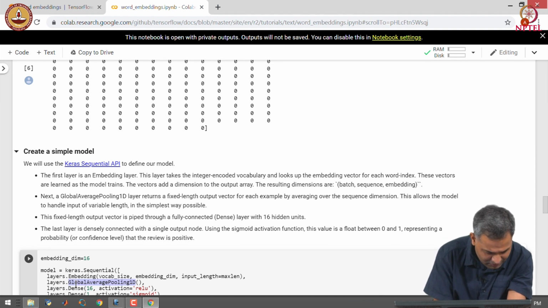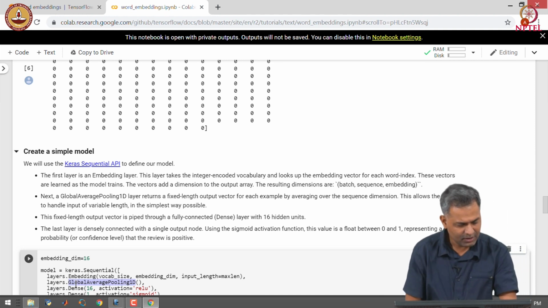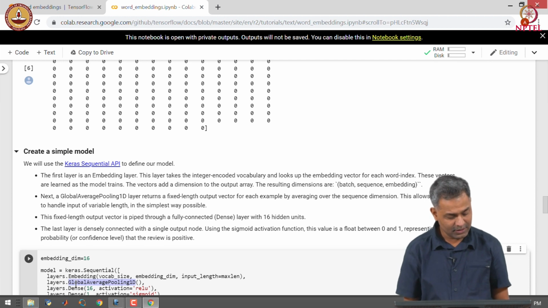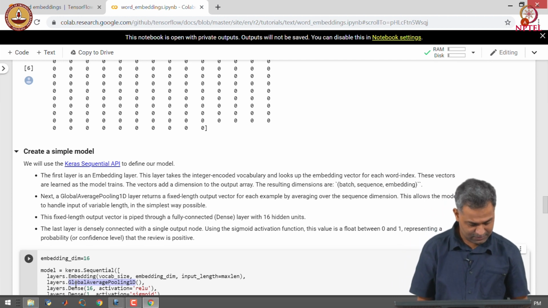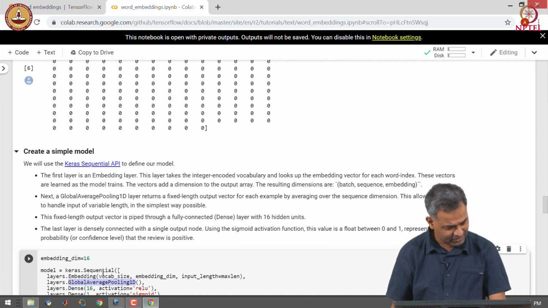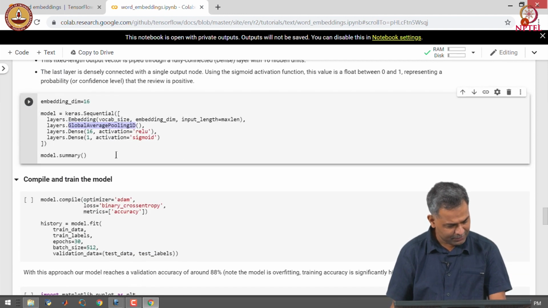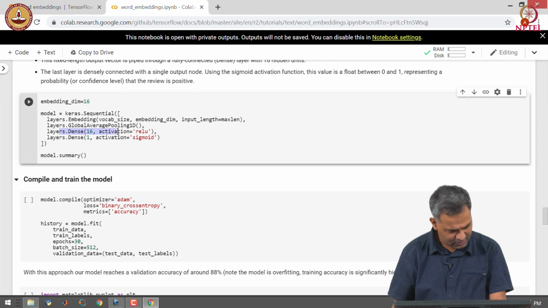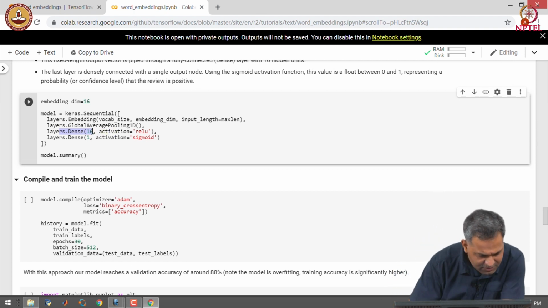This allows the model to handle input of variable length in the simplest way possible. The fixed length vector is piped through a dense layer with 16 hidden units, and we use ReLU as an activation.